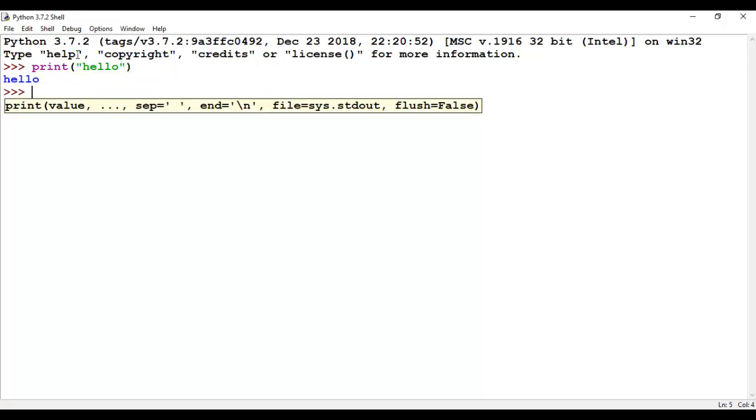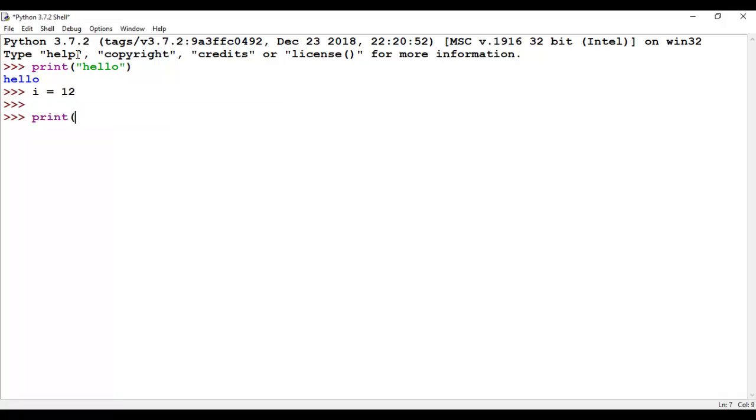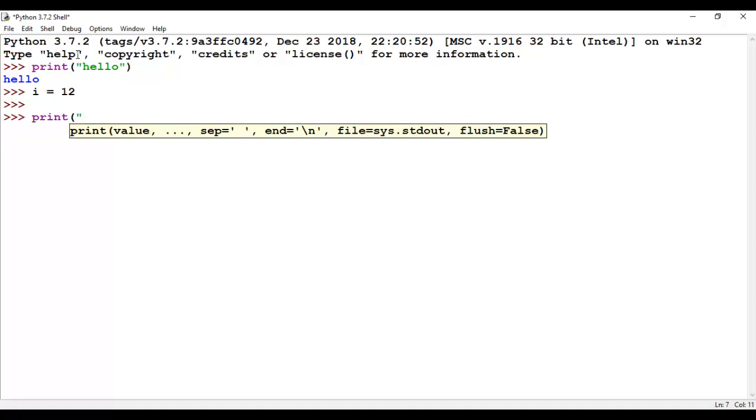In this way we can print simple strings, and let's see how to print a variable using format specifiers as we use in other programming languages. Here I am initializing a variable i equal to 12, and if I want to print it along with a string, like how we use the printf function in C language, let's see how we perform this here using the format specifiers. Here I'm going to specify the string